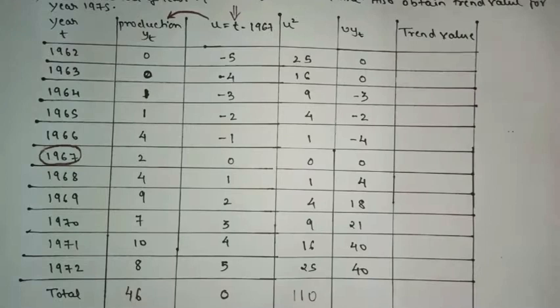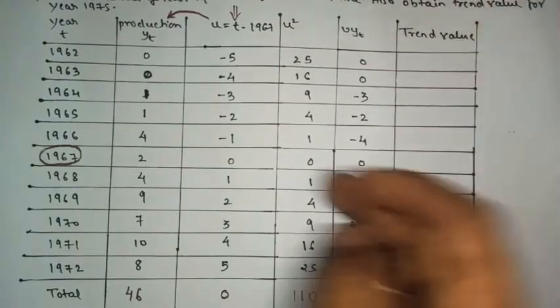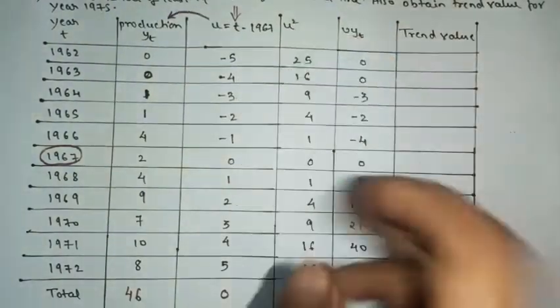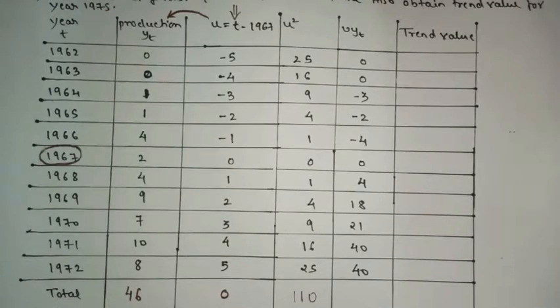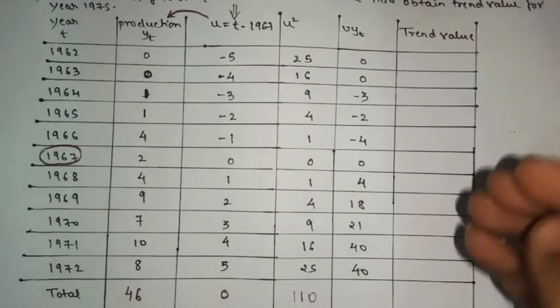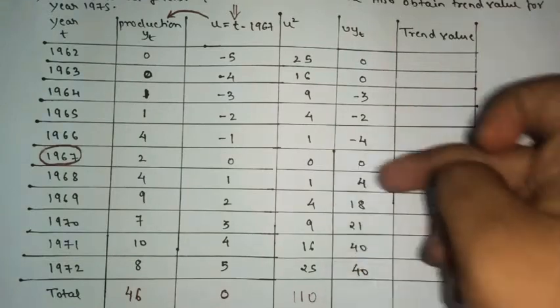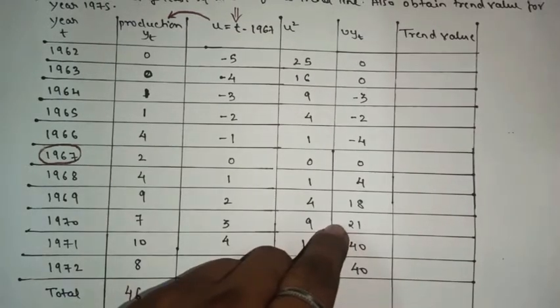So here we have the value of u times yt. Now here some values are positive and some values are negative, but this column is not the same as this one. Here we have the opposite numbers, no? Here we have -3, -2, -4. So what exactly will you do first? Listen here. Whenever you have negative numbers and positive numbers, first add the positive numbers. So here 4 plus 18 is 22, then 22 plus 21.